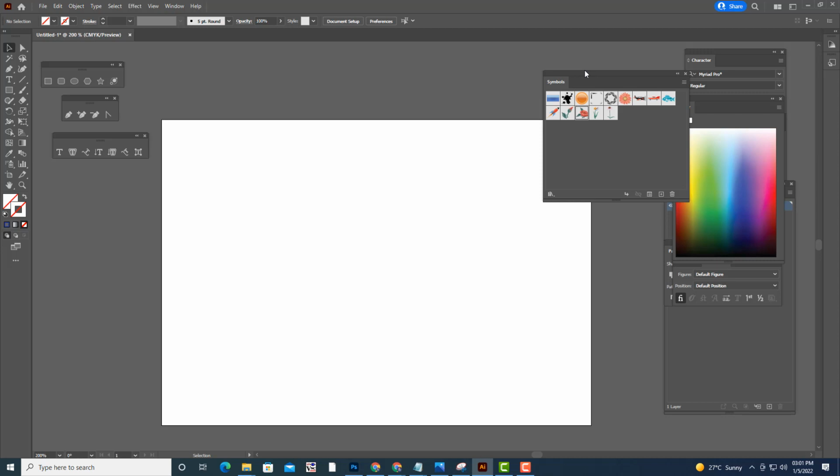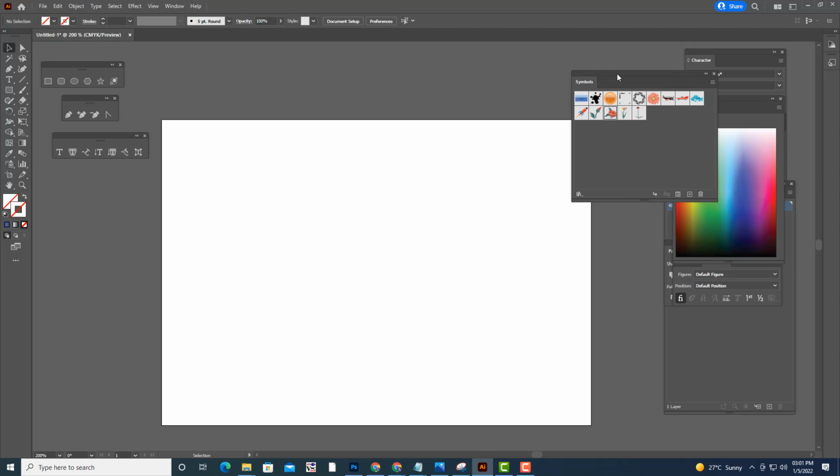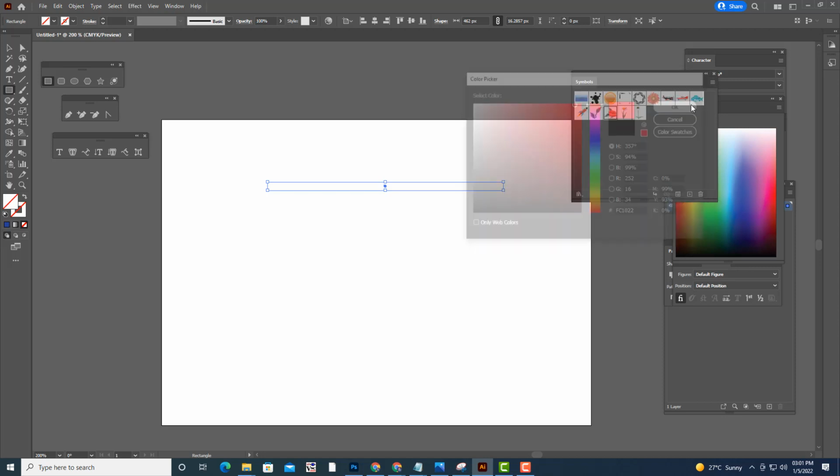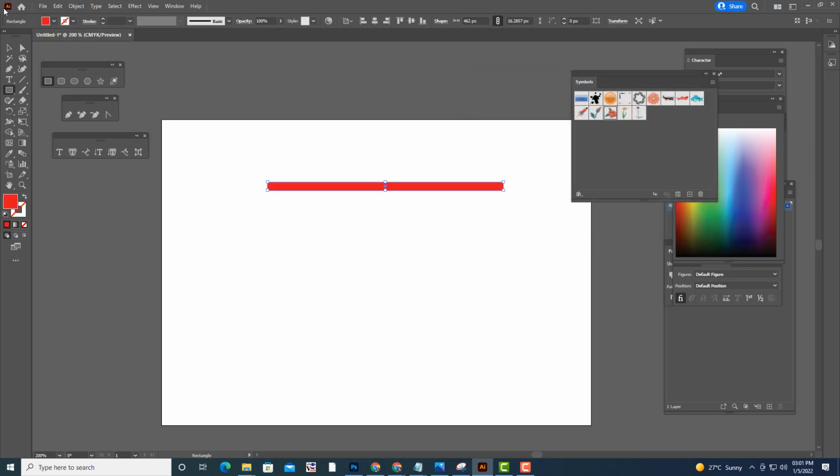What we'll do is, first thing, I am going to create my own symbol. So how can we create our own symbol? See, let me first select a rectangle. We will give some color to this.